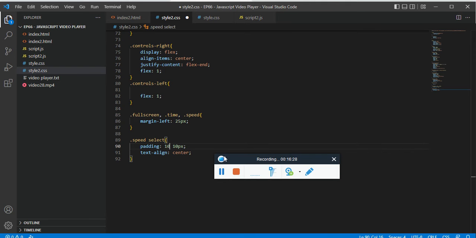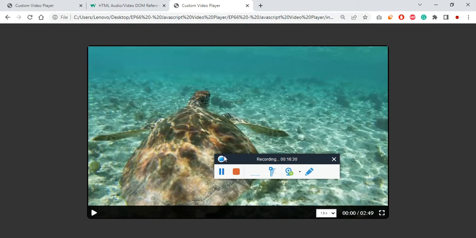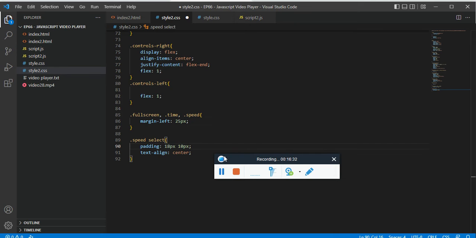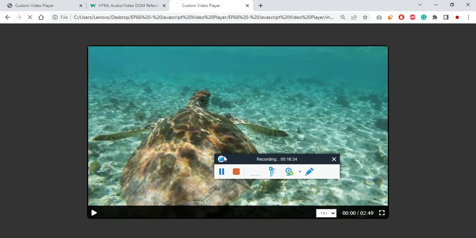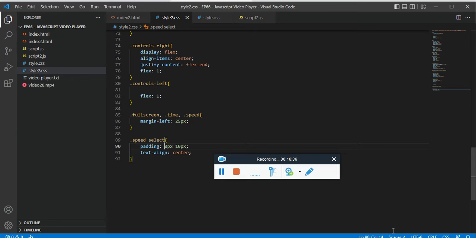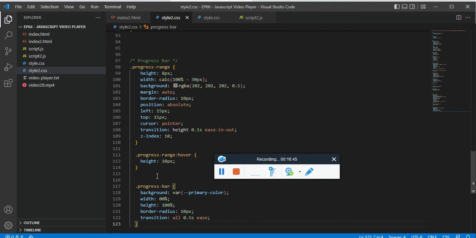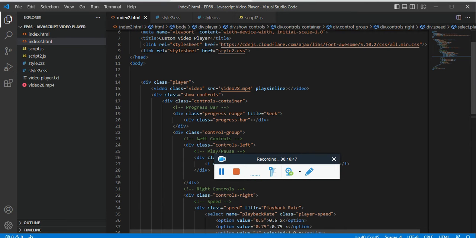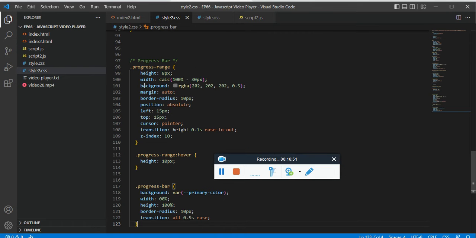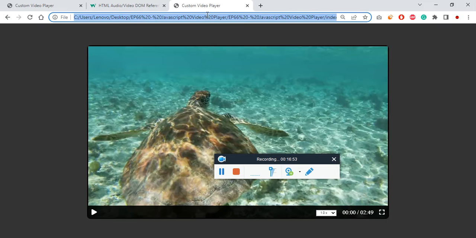Top of 10 pixel, or let's say 8 pixel, 5 pixel. Cool, that works. Now for the progress bar, the progress range is the container, progress bar is a class, progress bar is a child. So if you refresh and check,